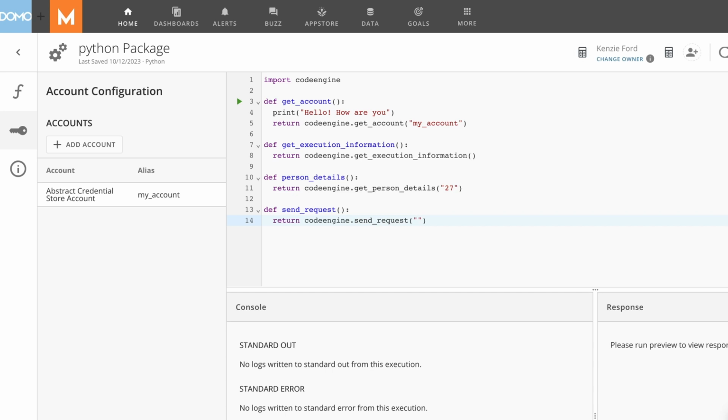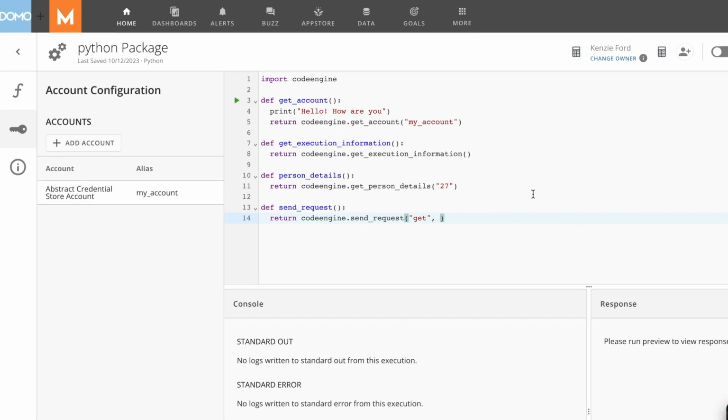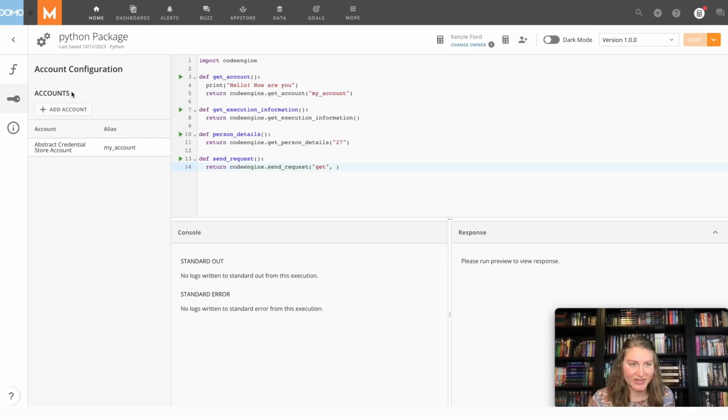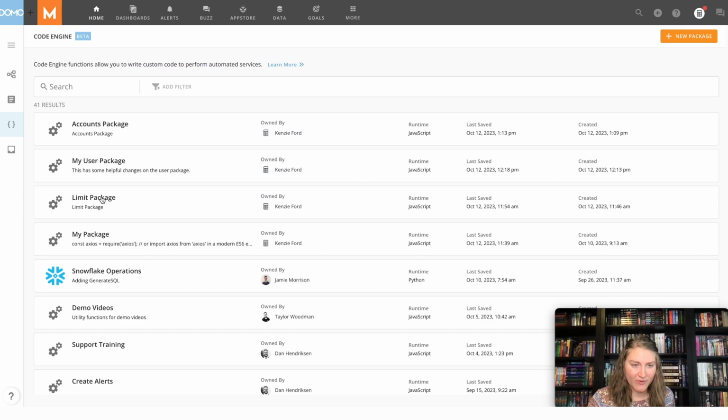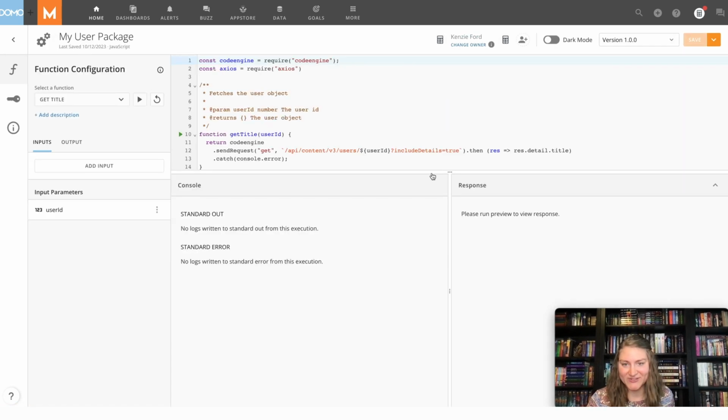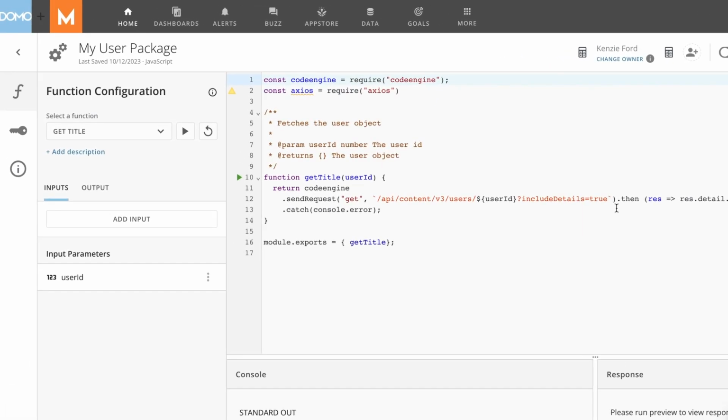So it's going to be a get, and then we're going to pass in the URL. Since I don't have that off the top of my head, I am going to just save this account for now, save this package, and go in, and I'm going to actually copy it out of this user package that we made. I'm going to copy this